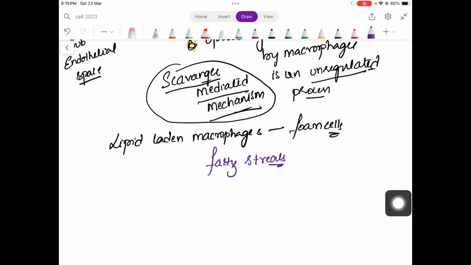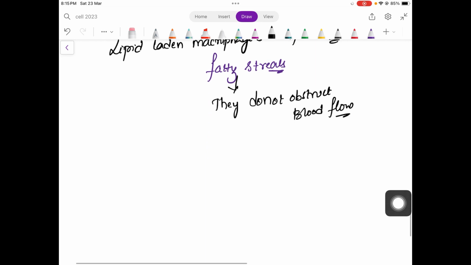These fatty streaks do not obstruct blood flow. So this process will continue, and next we'll see the next event,